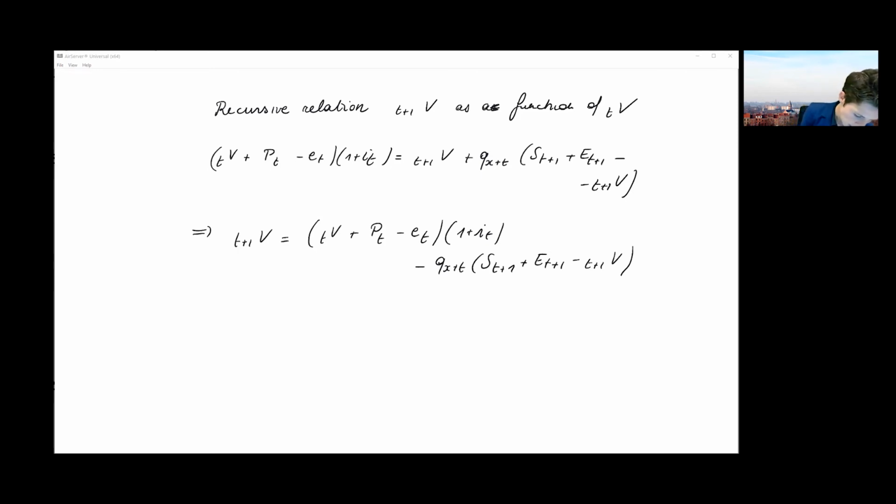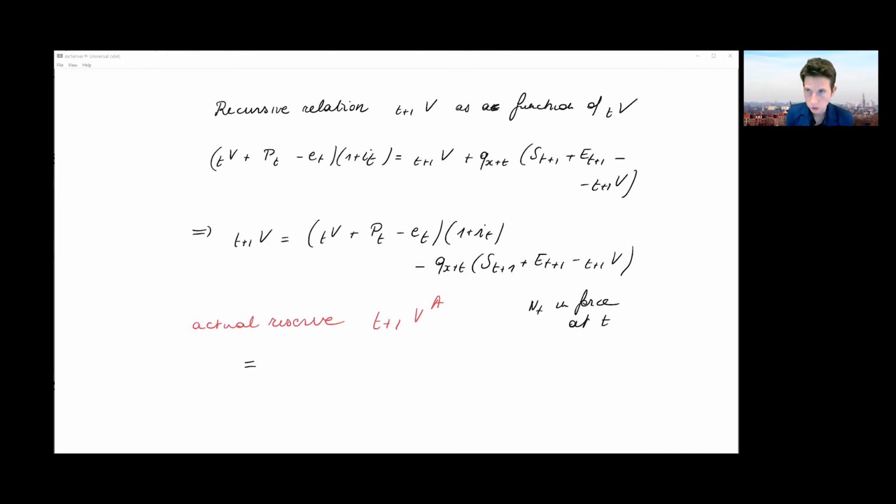So the actual reserve or policy value we're going to denote with t+1 V^A, where the A is for actual. If you have a group of contracts, say N_t contracts in force at time t,